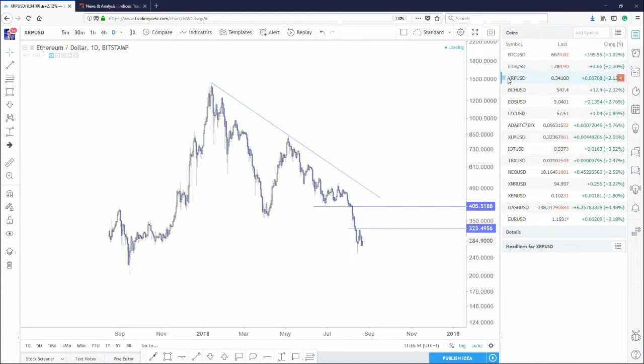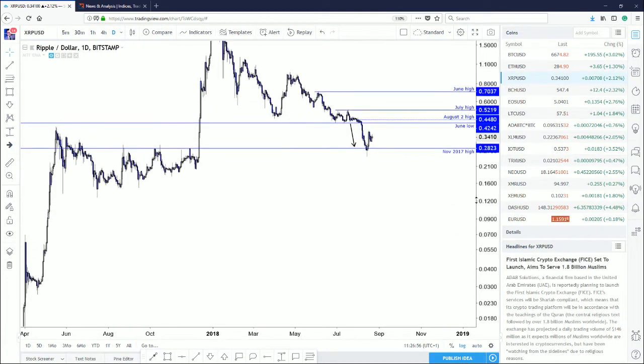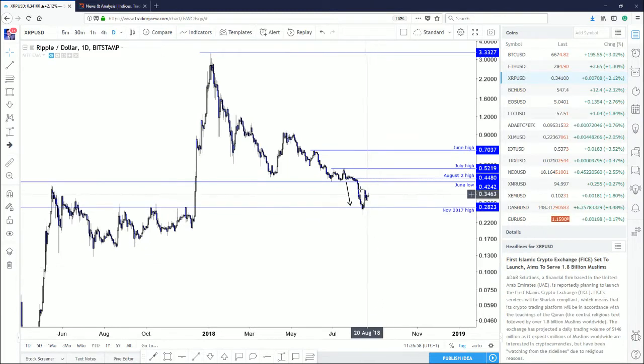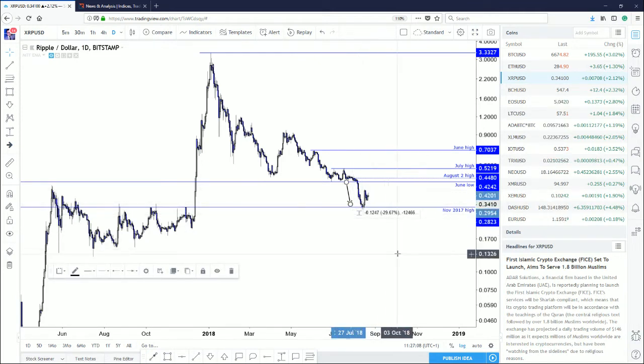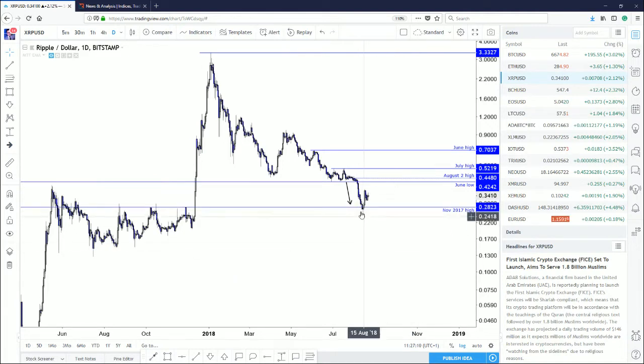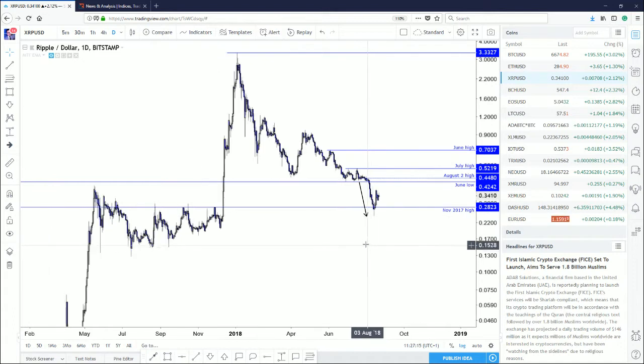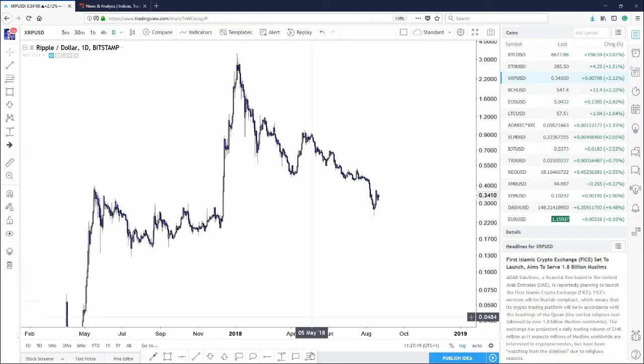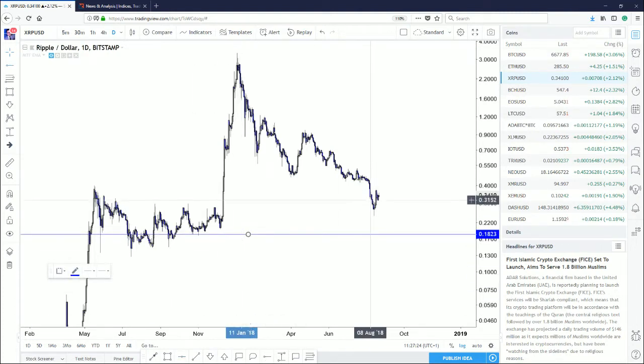And the situation is not that different with Ripple. This is Ripple that we talked about as well. We said a break of 42 could take you down to 28.23, which it did. This was a 29, almost 30% decline because it actually overshot, so it was actually more. The total decline was about 42%. Now that's not healthy. That's not a healthy market, and we can get rid of all of the levels here, but you can see how we are still in a strong downtrend in Ripple as well.